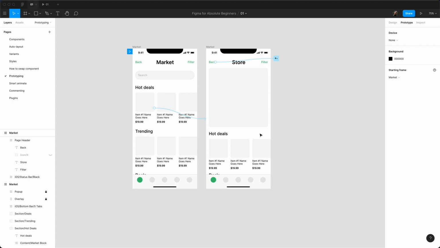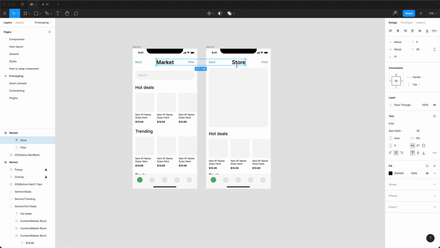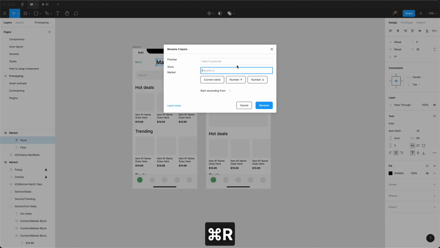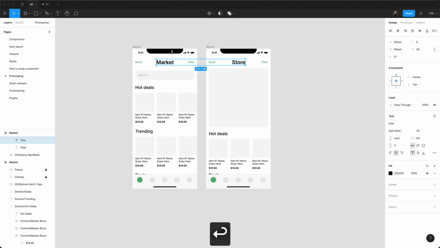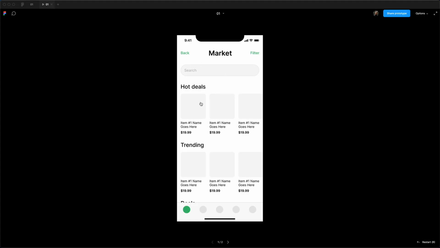For example, if we go back to design, we can rename these two. I'm pressing Command R to rename. So Command R for renaming, batch renaming multiple items. It's super nice if you need it. Let's go back. Now it just changes,